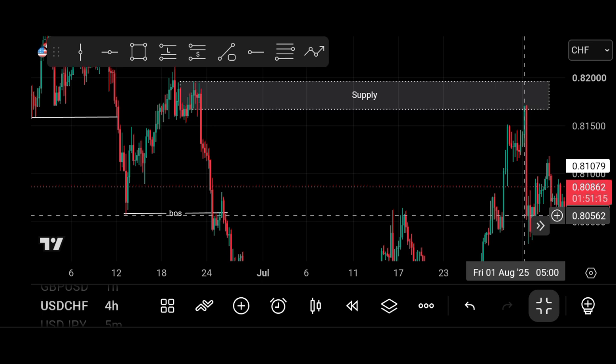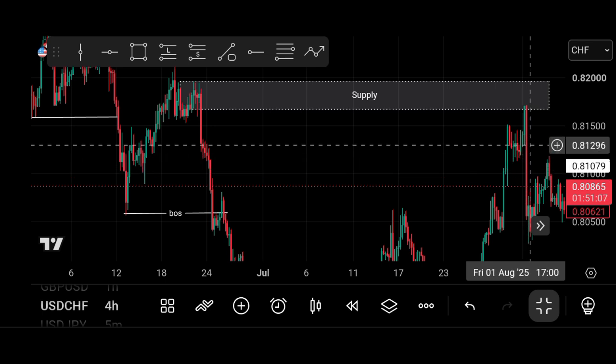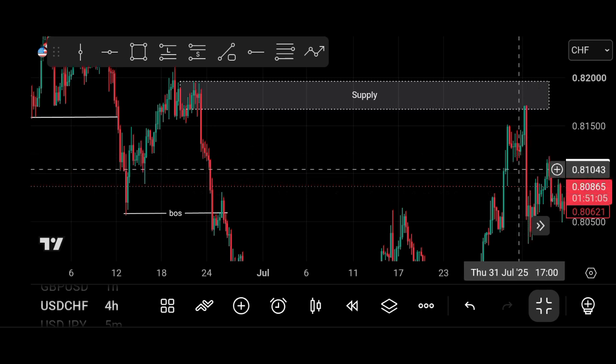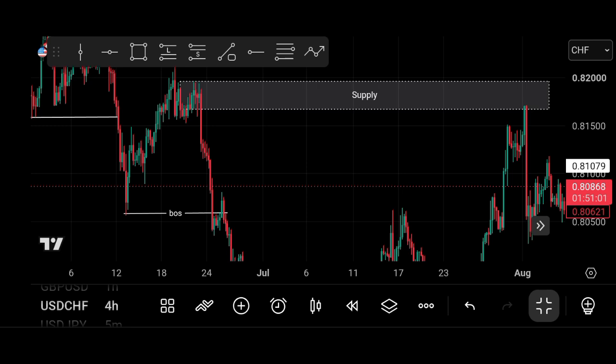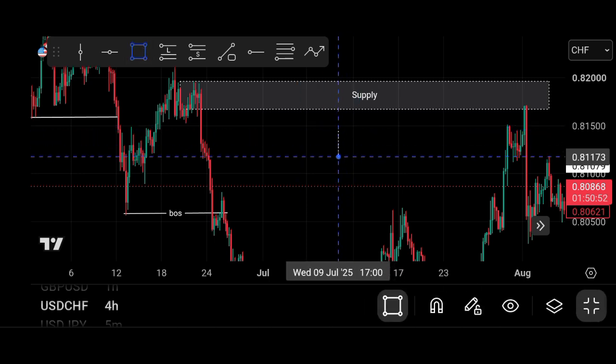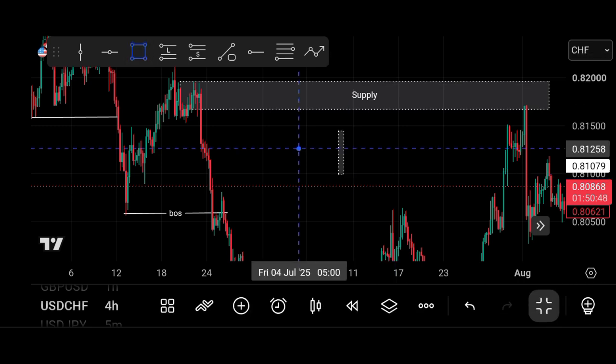This time frame is mostly for swing traders, but if you're entering from the 15 minutes time frame, I'm sure your closure won't be this long. Probably the 15 minutes candle could close somewhere around here. In this kind of case, there's something they call break of a candle entry confirmation. That means, let's say this is your candle, let's say this is your green candle. The next candle that closes